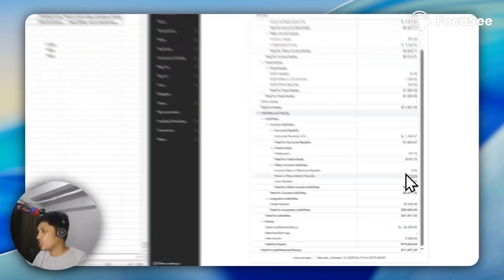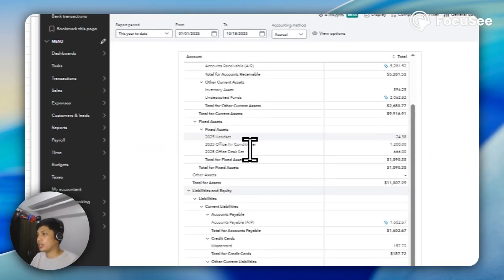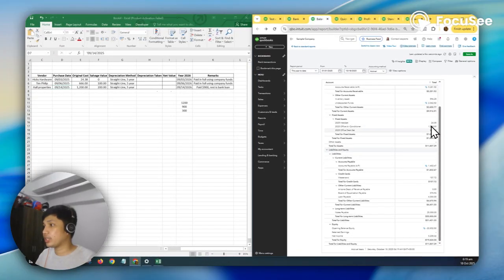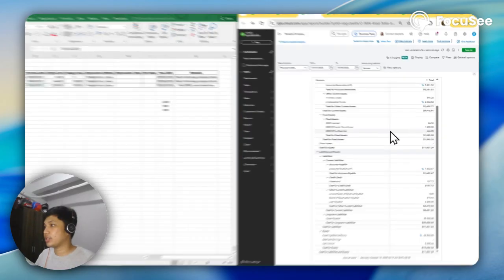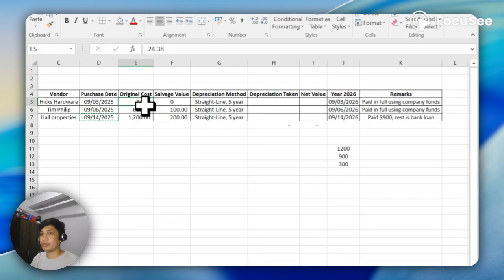Then let's check what happened on the balance sheet. As you can see, we have already recorded the headset 24.38, office air conditioner 1,200, and office desk set 666 USD. Same here, 24.38, 666, and 1,200.